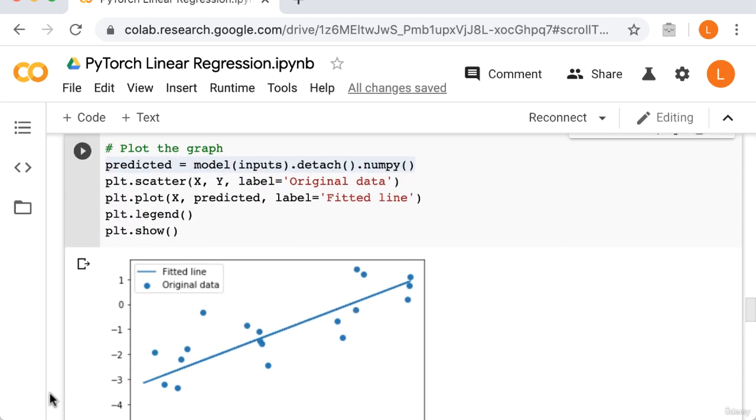Next, we're going to use our trained model to make predictions and plot the result. As you recall, our task for this model is to find a line of best fit. It would be quite silly if we didn't actually plot that line. The next step is therefore to pass our inputs into our model, which gives us the predictions in terms of